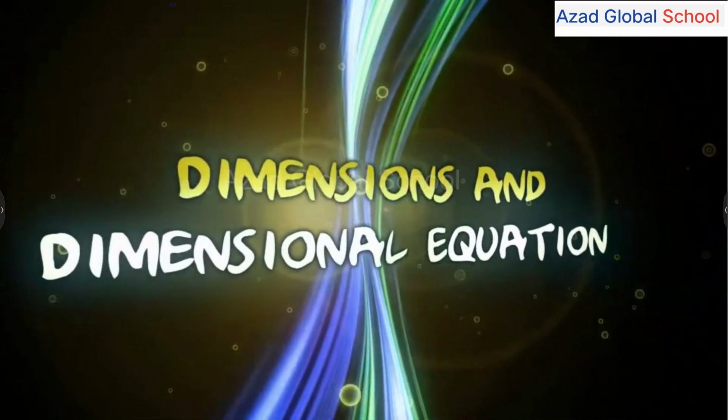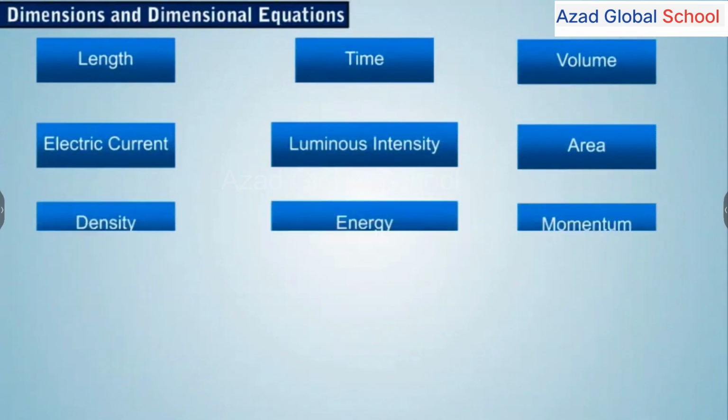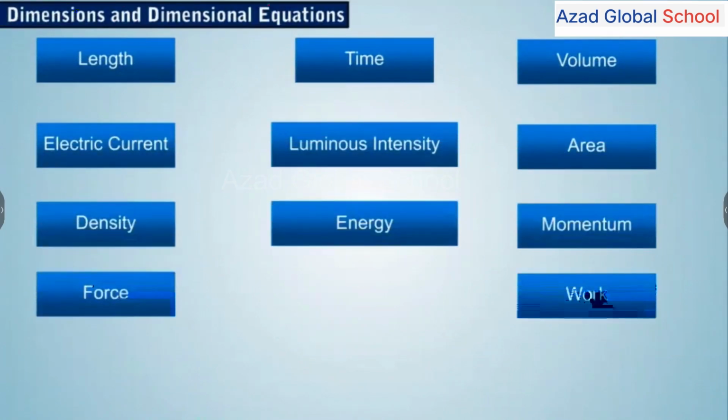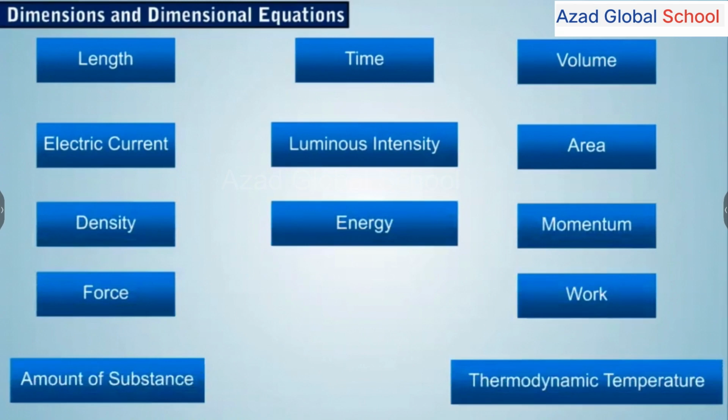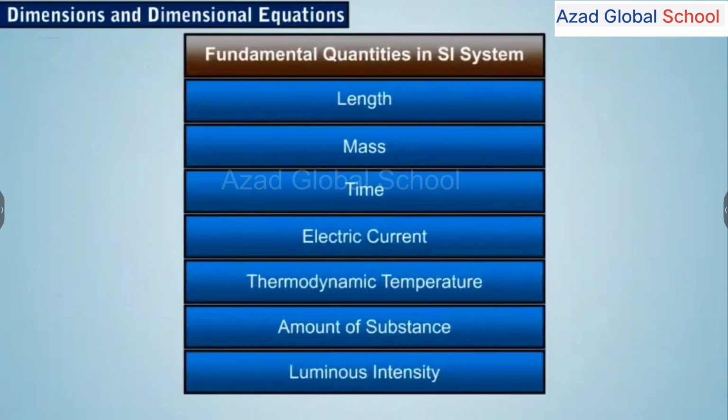Dimensions and dimensional equations. We learned earlier about different physical quantities, of which 7 are considered fundamental according to the SI system of measurements, while the others are derived physical quantities. The 7 fundamental quantities are